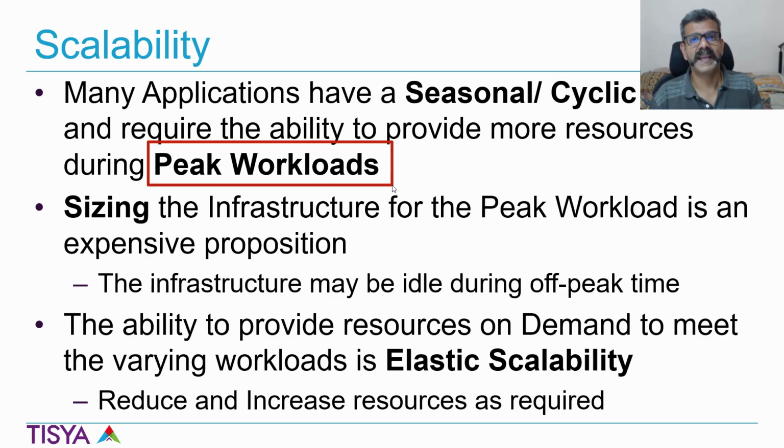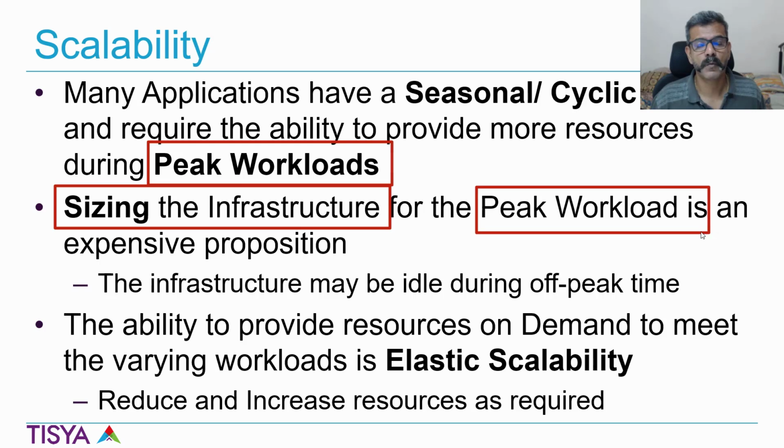How many orders will I get on an average in a day is one metric, but in a given hour, what is the total number of orders to be processed? In a given minute, how many total orders have to be processed could vary depending on the time of the day the system is being used. Thus, you will size your infrastructure keeping the peak workload demand, because the peak workload is when your system is going to be tested for its CPU, memory, network, IO and all resources, and your system should be tested for these kinds of peak workloads and certified that it can handle this workload.